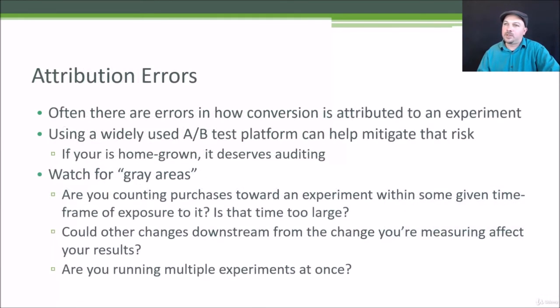All right, and we talked briefly about attribution errors. If you are actually using downstream behavior from a change, that gets into a gray area. You need to understand how you're actually counting those conversions as a function of distance from the thing that you changed. And agree with your business stakeholders up front as to how you're going to measure those effects.